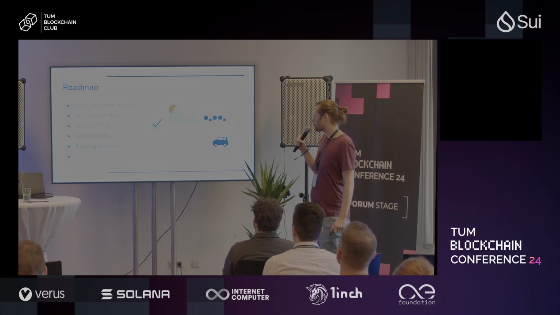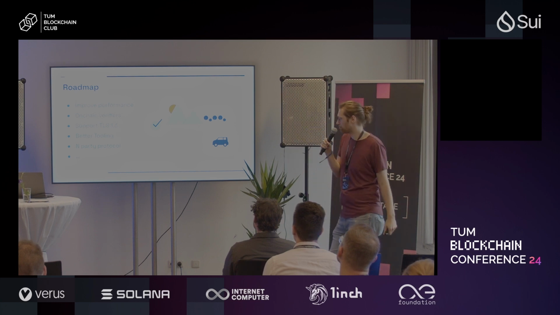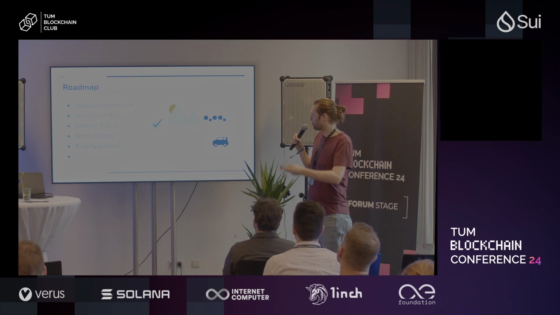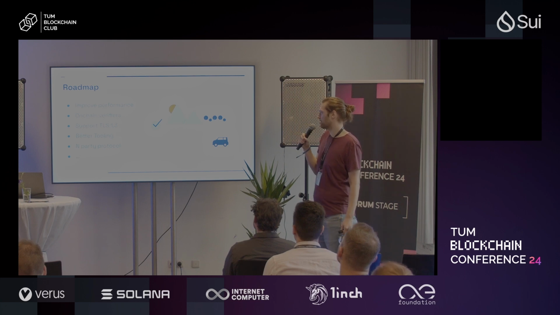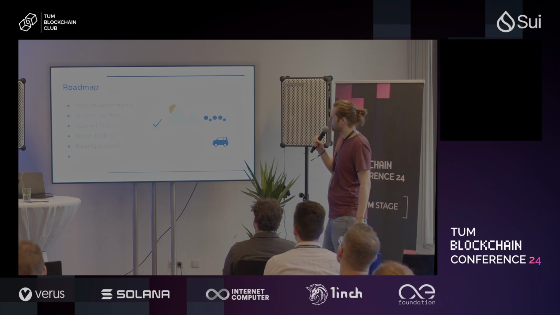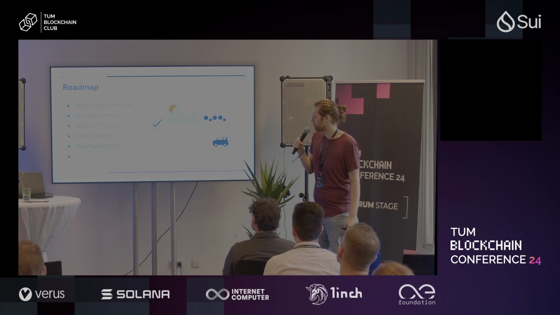We want to support on-chain verifiers. There is the problem that you have to do this whole certificate chain validation, right, which is quite computation intensive. And this is probably a problem for smart contracts. So what we want to do is use some ZK proofs of the certificate chain, but we need to work on this. At some point, we surely want to support TLS 1.3. So currently, we only support 1.2, but this will change.